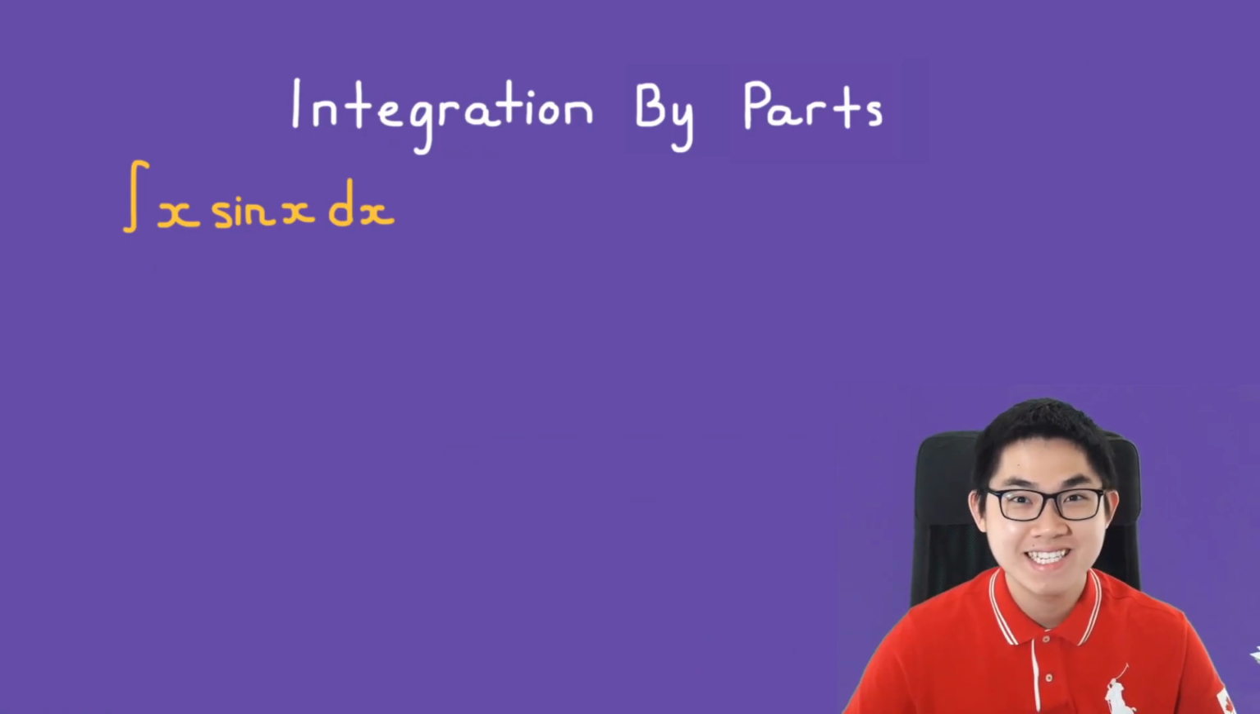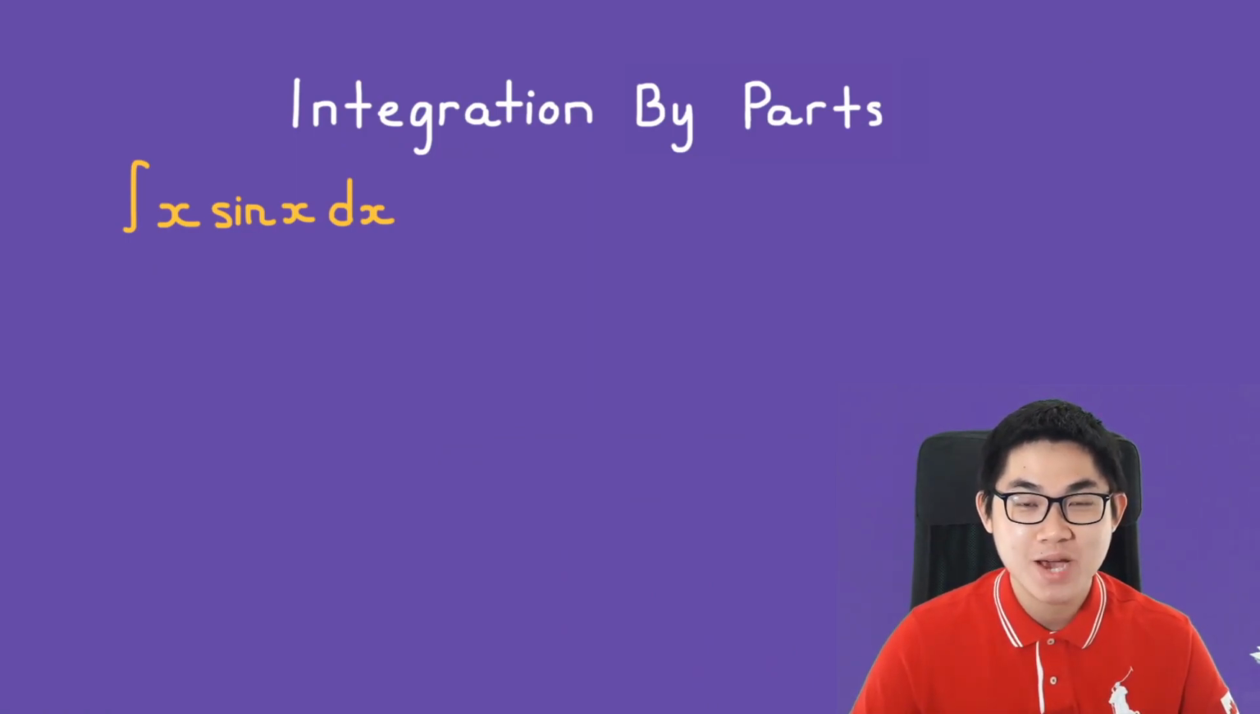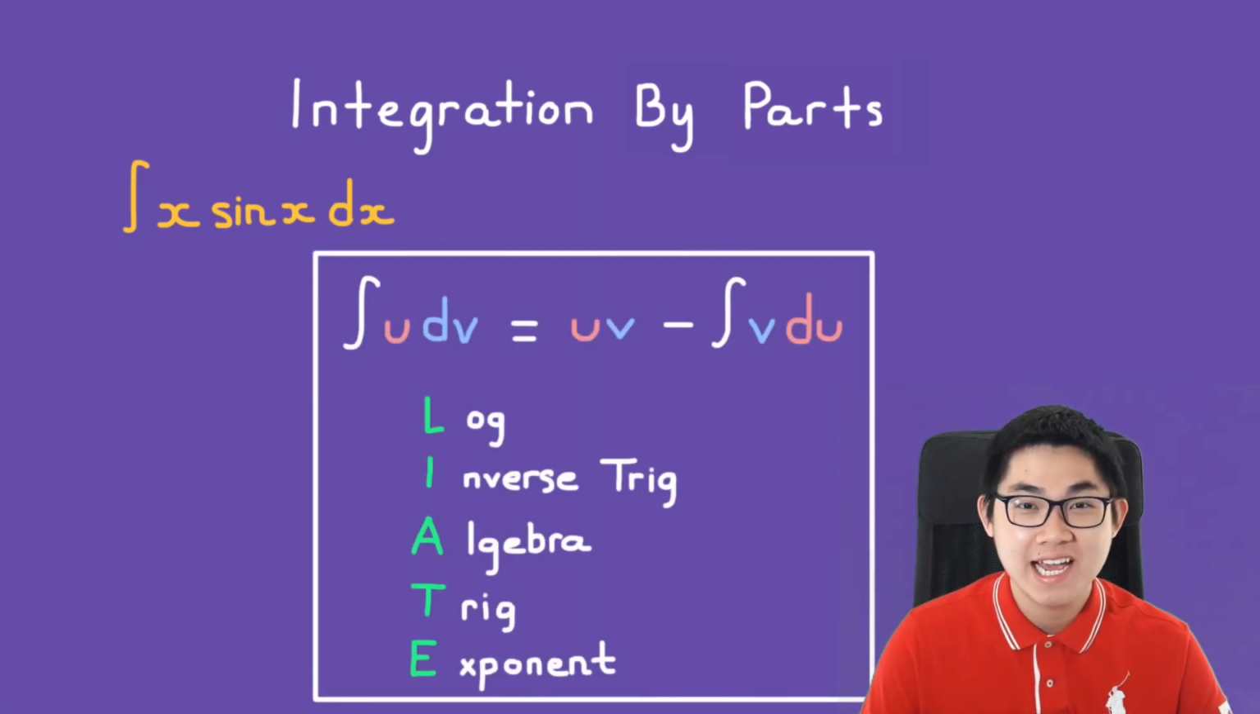Hey, what's up everyone? In this video, I'm going to show you how to use integration by parts. The formula for integration by parts is this. So it's the integral of u dv is equal to u times v minus the integral of v times du. And don't worry, I know this looks intimidating, but I'm going to show you how to use it and where